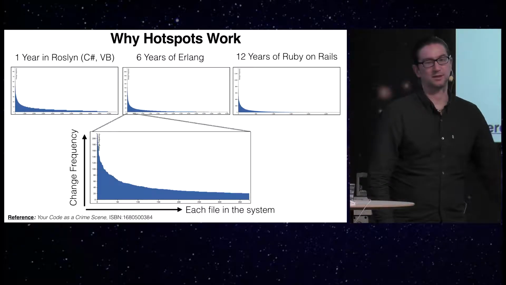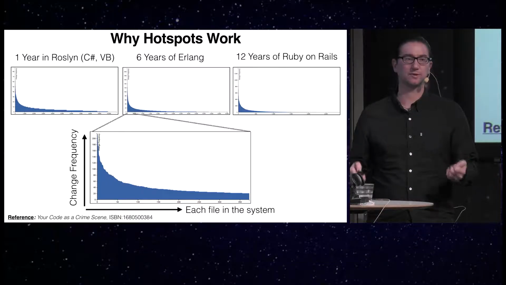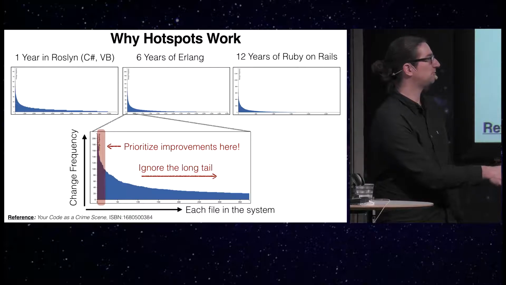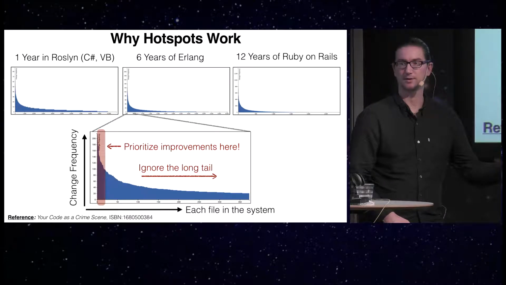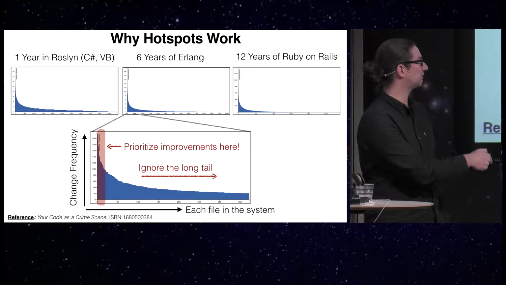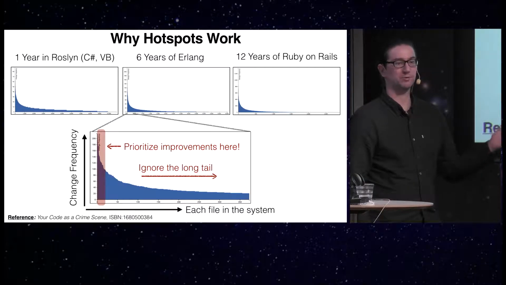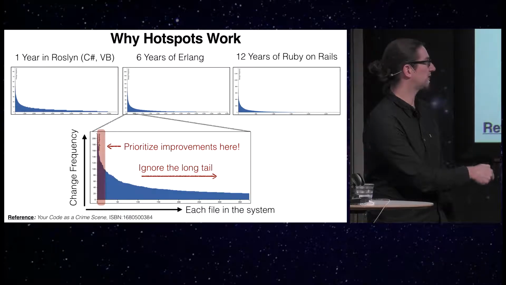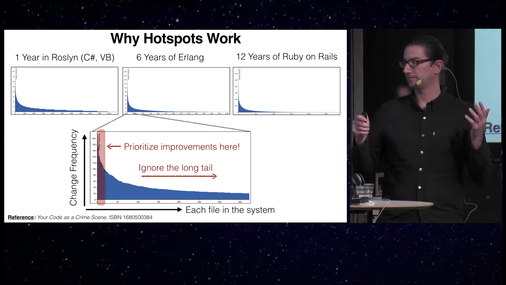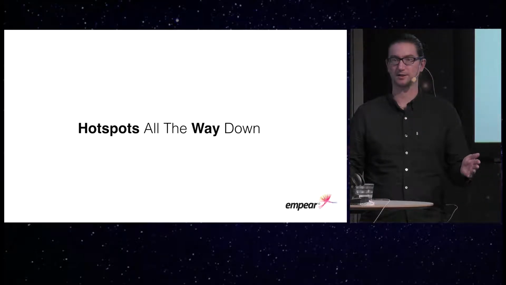And this gives us a tool to prioritize technical debt. Because what this basically means to us is that most of our code is here in the long tail, which means it's rarely, if ever, worked on. So what we want to do is to use the hotspots to identify the head of the curve here and look for any opportunities to improve that code, because this is where we have our highest interest rate. So hotspots are a very good starting point to prioritize technical debt.